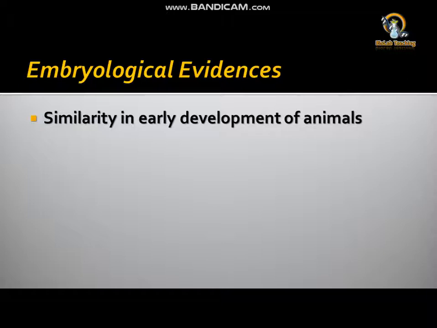All animals start their life cycles as a zygote and develop through the morula, blastula, and gastrula. Dear students, the gastrula shows three layers: ectoderm, endoderm, and mesoderm, and these three germinal layers develop to form the same types of parts in all animals. So it is also an evidence in favor of evolution, because all animals have the same phenomena.